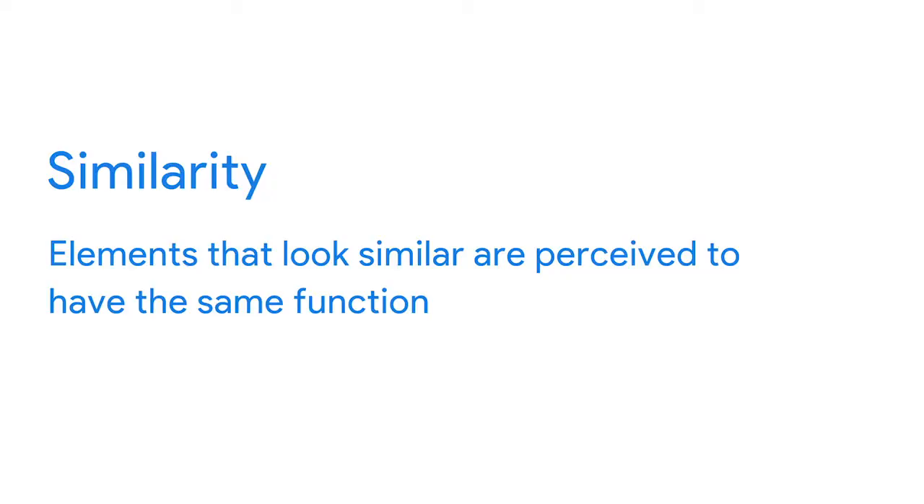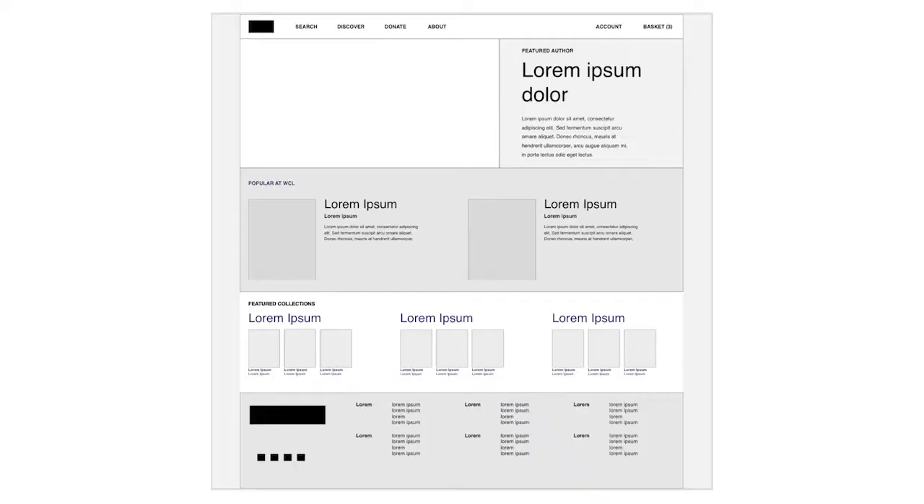Remember, similarity means that elements that look similar are perceived to have the same function. Elements might look similar based on their shape, size, or color. Let's check out how the principle of similarity came to life in my wireframes of the Wisconsin County Library website. In the popular @WCL section of the